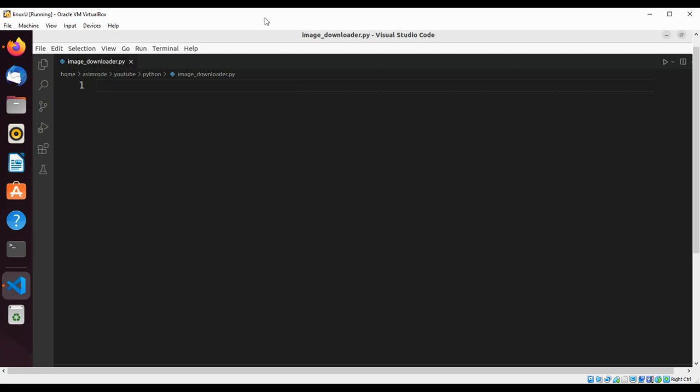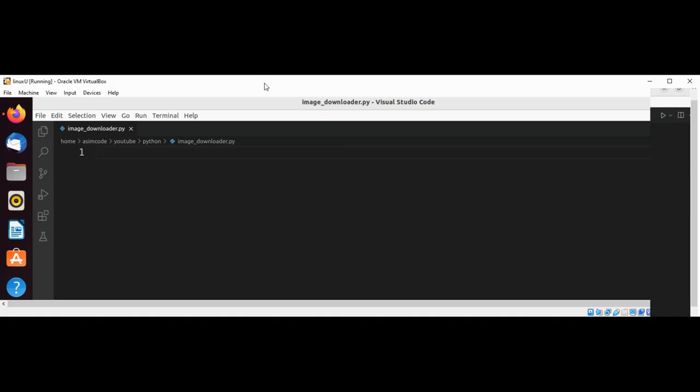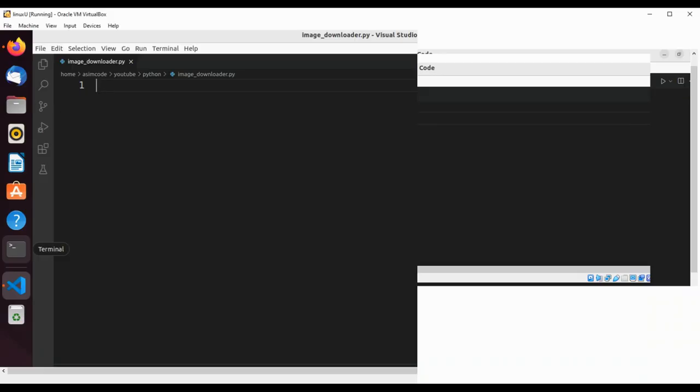In this video, we are going to write an image downloader in Python. So we are going to define our function download_images, and we are going to pass a URL to this function,